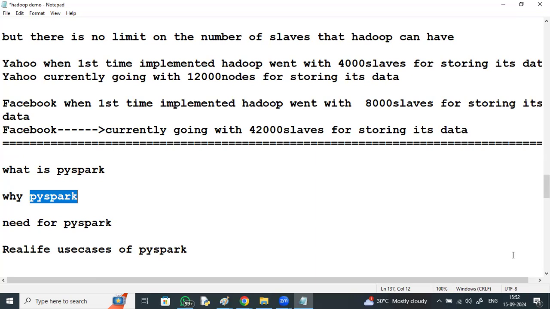In healthcare, it is used to analyze patients' records along with previous medical reports. And also in the entertainment industry,